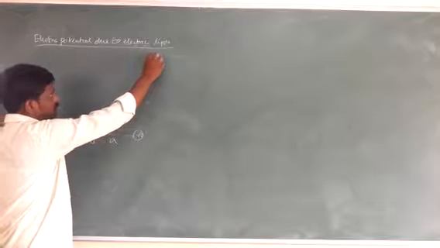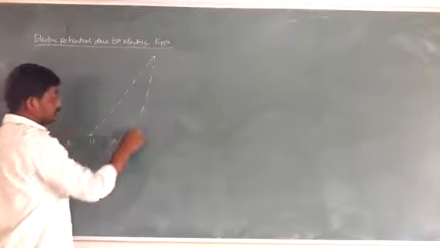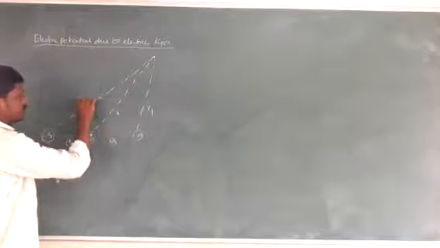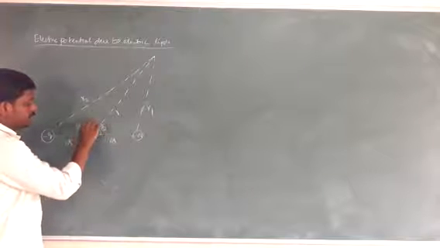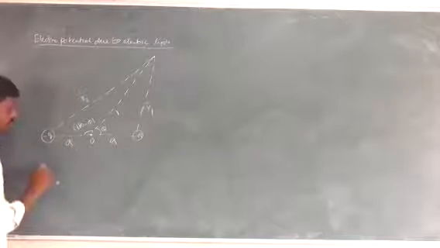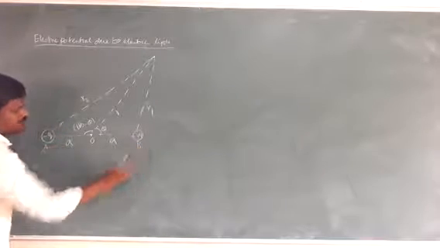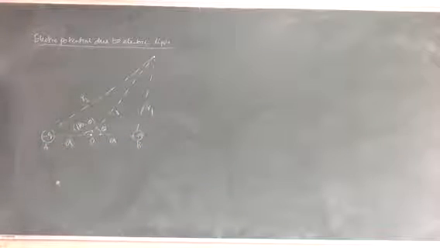Now in this place, just connect. Due to the positive charge, R1 is the position vector, here R, here R2. It makes an angle theta, and it's 180 minus theta. So, minus q and plus q are placed at the points A and B. Then due to the positive charge, what is the electric potential?